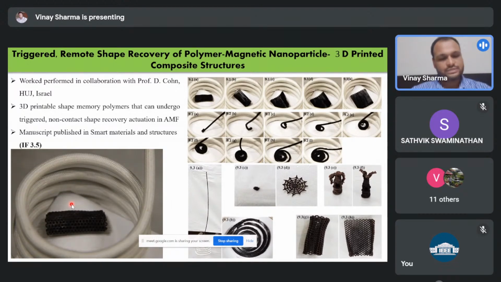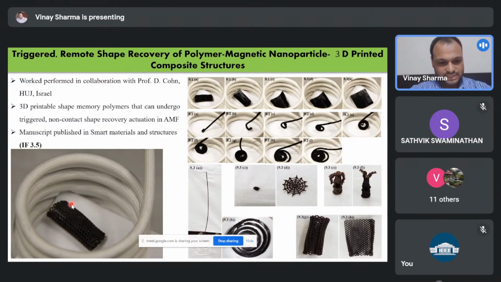So just to show, you see here, this is the magnetic coil that I was talking about, the RF coil. And this is something called a sheet. This sheet is a magnetic composite, a 3D printed sheet with a magnetic nanoparticle composite. So when the electric current is on,